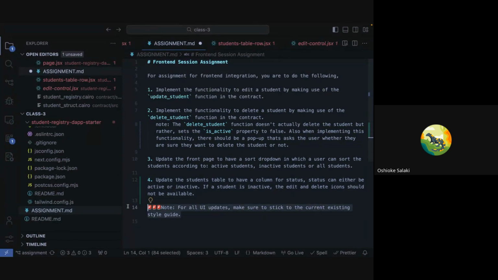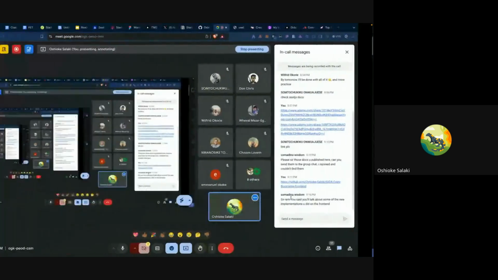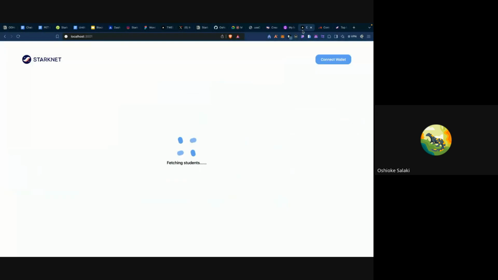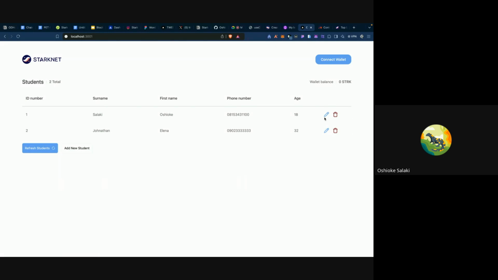So I have a little note here. It says, for all UI updates, make sure to stick with the current existing style guide. What do I mean by this? I don't want a situation where, when creating the pop-up for the delete, I'll be seeing a gold color or a